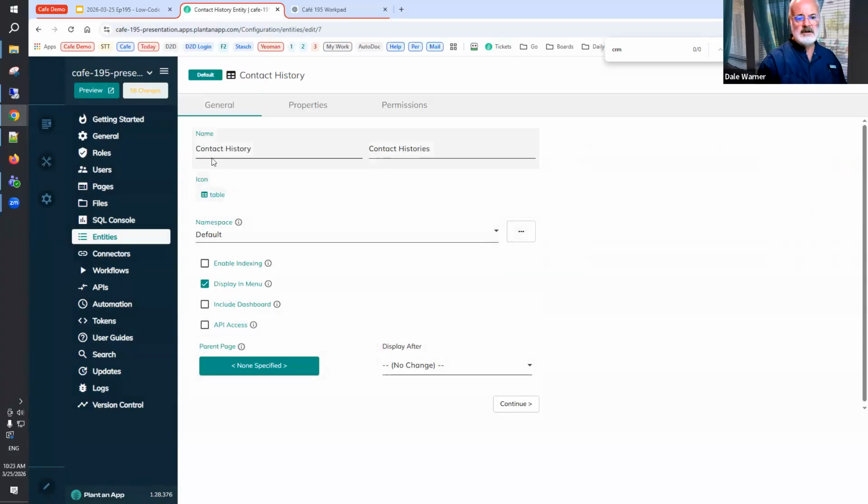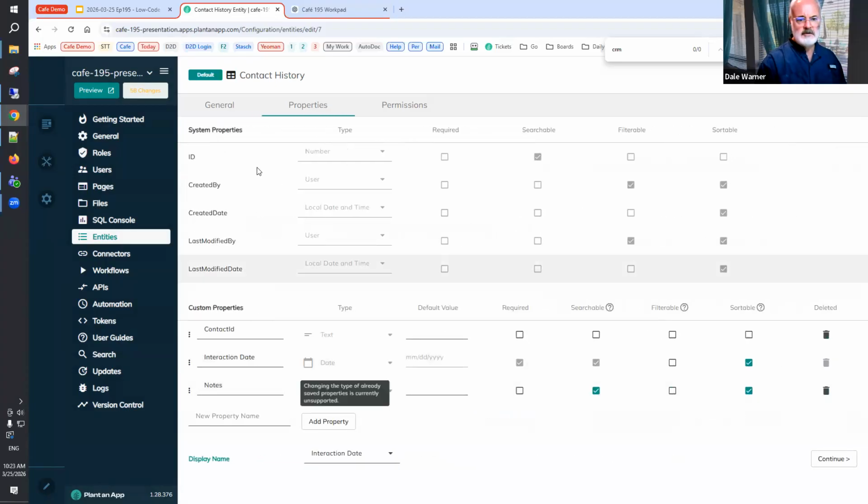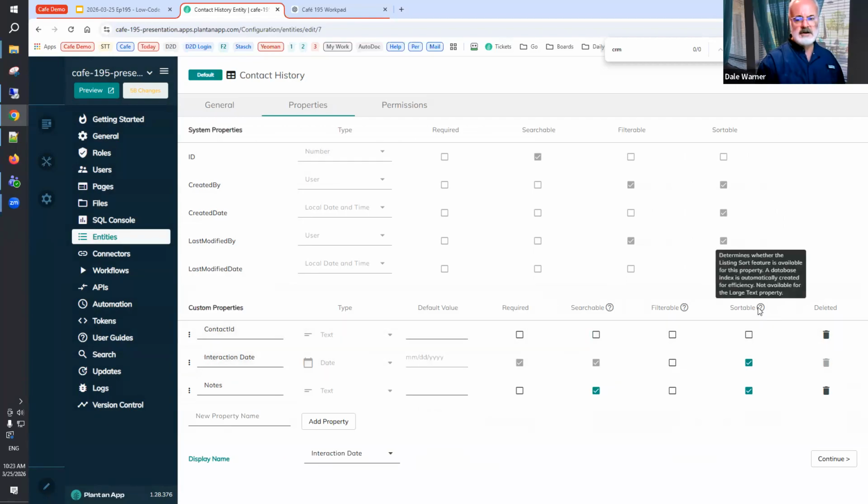So it's going to be called contact history, plural contact histories, going to display right on the main menu. And the properties that are involved, aside from the system properties, are we have a contact ID. And notice I'm intentionally not making it required, searchable, filterable, sortable. None of those are checked, and it's important to know I'm doing that this way because I'm avoiding creating an